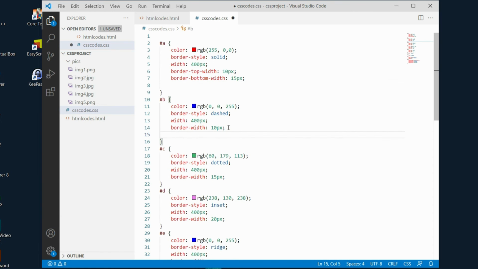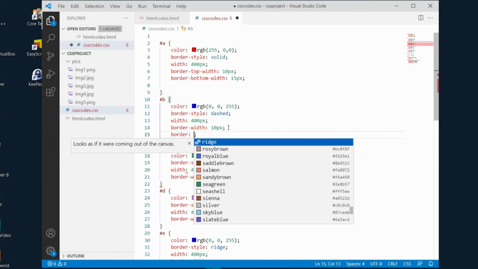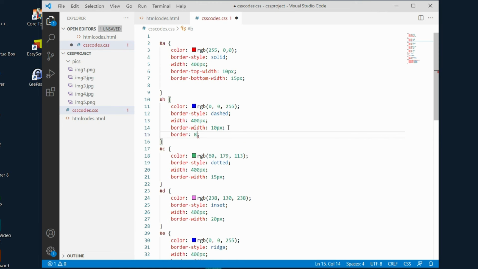Okay, for the second one, I want to show you something else. You can also say just simply border, and after that you can give two different sizes, 8 pixels, for example, and 60 pixels. If you give only two sizes for the border, the top border and the bottom border will get the first size, and the right border and the left border will get the second one. So I save it, we go to the browser,